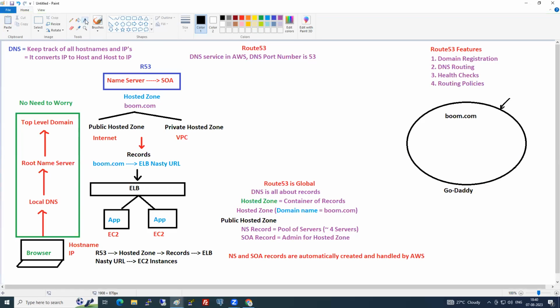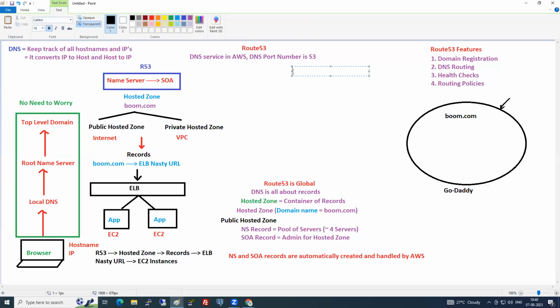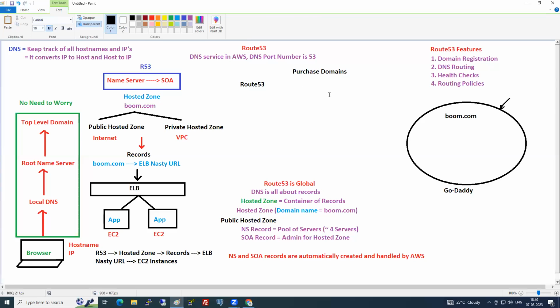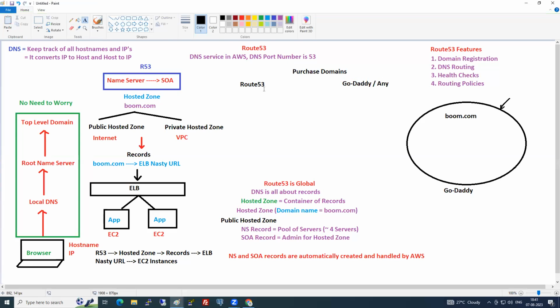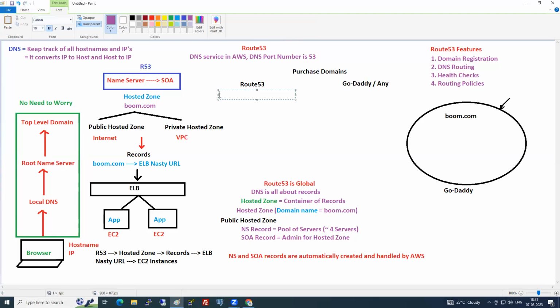Before that, you can purchase the domain in two ways. Where do you purchase? You can purchase a domain in Route 53, or you can purchase a domain in GoDaddy or any third party. Yes or no? Whenever you purchase the domain in Route 53, the hosted zone will be created automatically. Do we need to create the hosted zone?